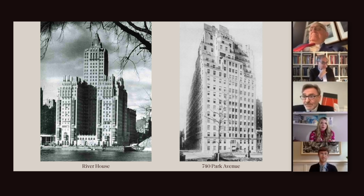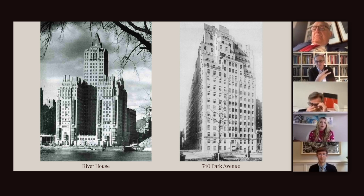River House on the left is on the East River, and so it was designed not only to have a lovely scale at the bottom, but to be iconic from a distance. It actually had a boat dock at the bottom so that residents could get on their boat and go to their country house on Long Island, very convenient before the highway came in. But it is